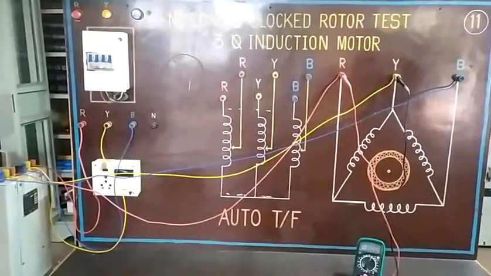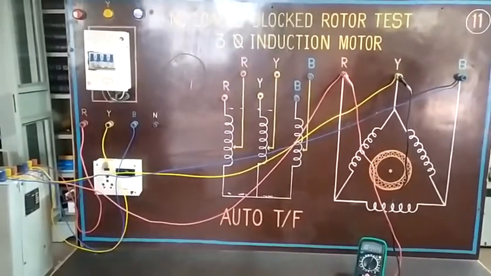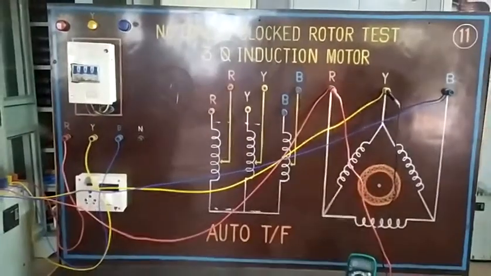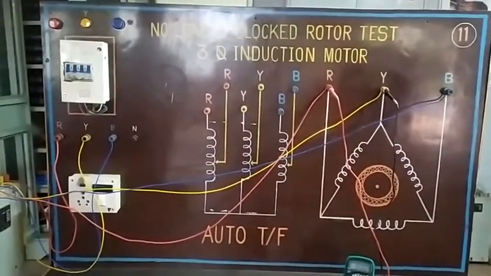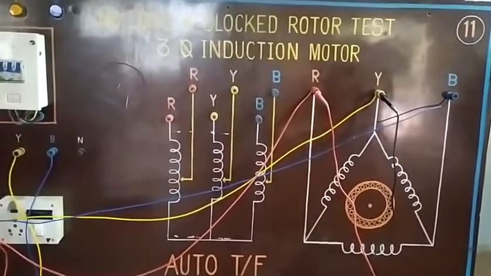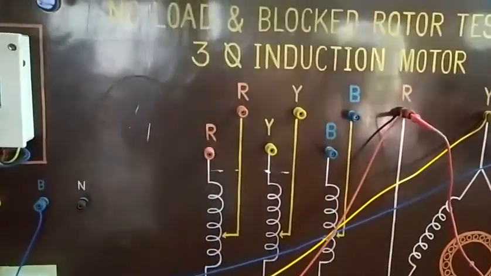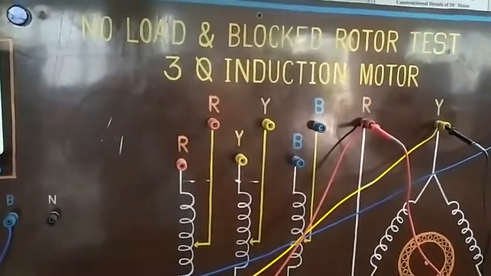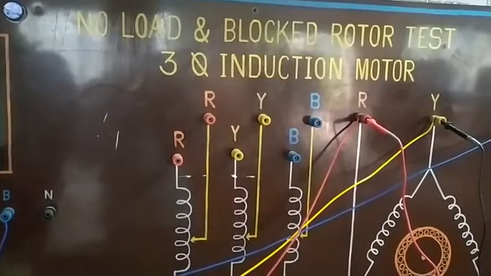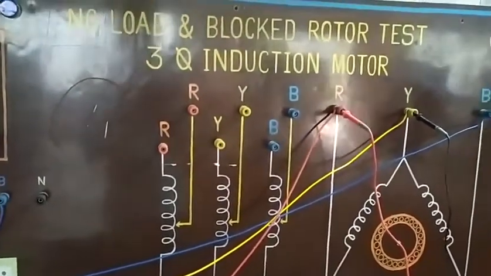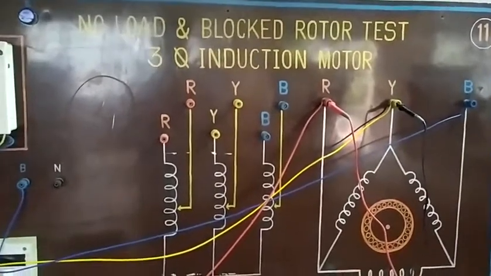So this is the next experiment related with the three-phase squirrel cage induction motor. Now by using the three-phase squirrel cage induction motor, we are going to check the speed control. Okay, so the speed control test we are performing on the three-phase squirrel cage induction motor. So basically there are two methods. First is the auto transformer method, and second is the VF, that is the variable frequency method. Okay, so instead of performing these two methods, we are going to perform only one method, which is related with the auto transformer method.